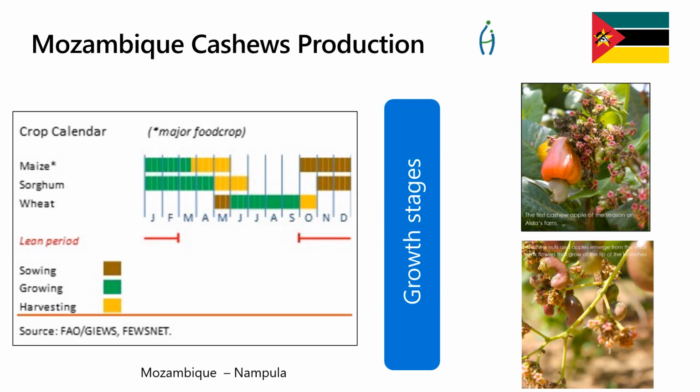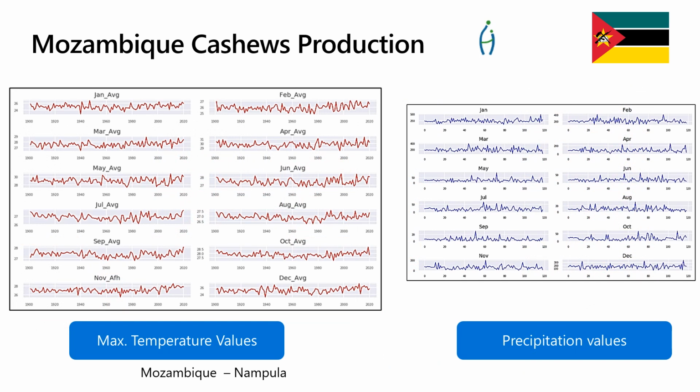So finally, we collected the agriculture crop calendar for the fiscal year for Mozambique, Namapola, from the Global Information Early Warning System, and mapped the changes in weather pattern on growing stages of cashew as part of our model analysis. In order to understand the data time series signals as well as the effects of weather and climate over the period of 1990 to 2021, we applied the time series model and collected average time series impact from